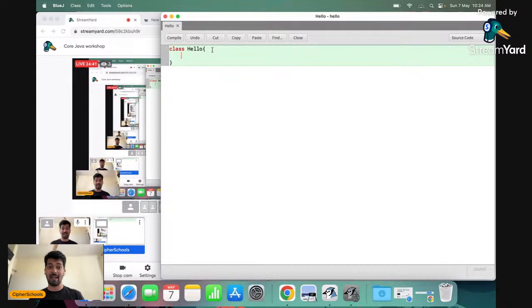And for the class hello, the scope of that hello is in between the curly brackets, right? So if we keep on expanding, the scope accordingly keeps on increasing. Okay, so I hope you have understood the curly bracket.